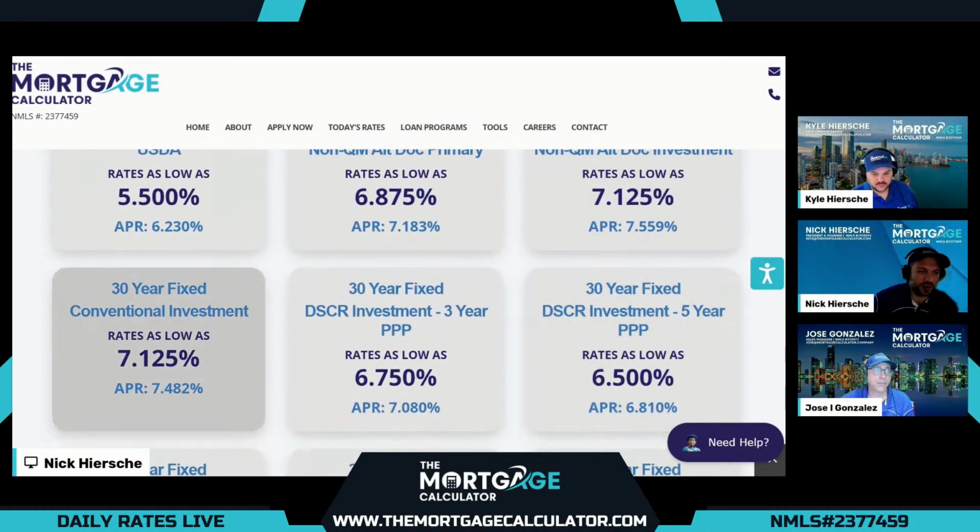And we'll compare our investment property options to our other programs here for investment properties. Remember, no government program, so there's no FHA, VA, or USDA, but we do have our conventional option for an investment property coming in today, 7.125, final APR 7.482. Notice that's a touch cheaper than the alt doc option, and probably will adjust as all of the rate sheets get updated today.